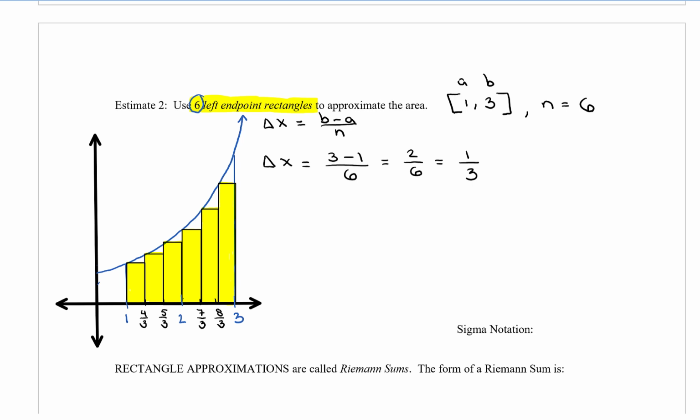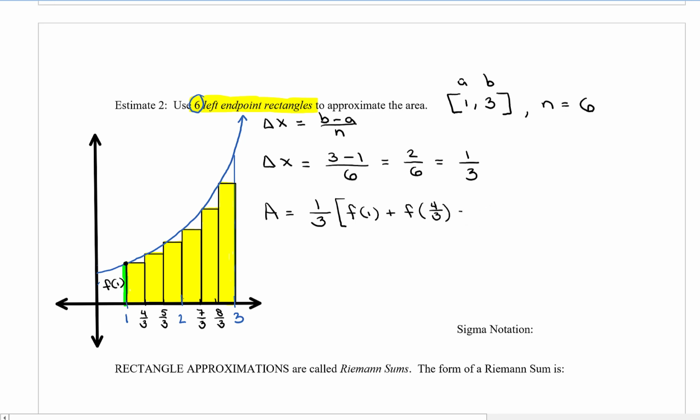I'm also going to label the height of the first rectangle, the smallest one, all the way on the left-hand side, as f of 1. And I'm going to highlight that height in green. So remember that we do need to find the height of each one of these rectangles. So A, which is area, is going to be equal to 1/3 times, and I'm going to open a square bracket, f of 1 plus f of 4/3